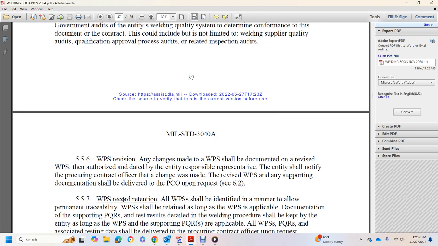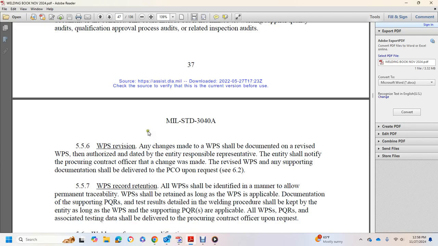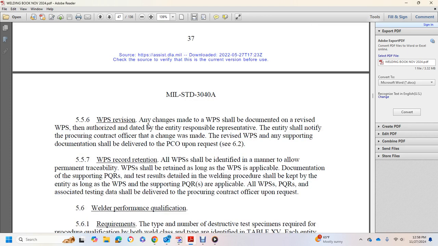Work performance specification revisions: if changed, the welding performance specification of the document provided, the welding performance specification authorized on the date, the responsible representative of the entity shall notify the procurement contractor of the change that was made with the revised welding performance specification. Any support documentation delivered to the procurement contractor office upon request. Welding performance specification record retention: welding record, welding procedure